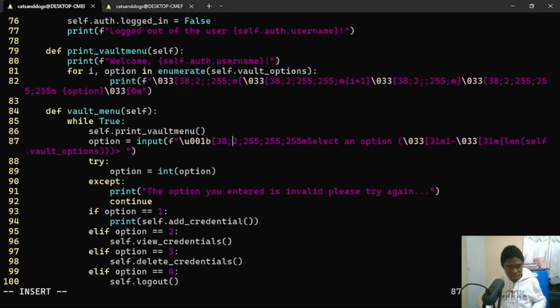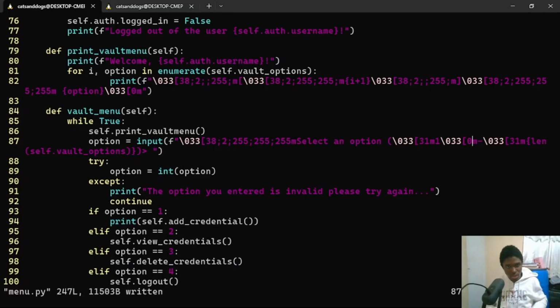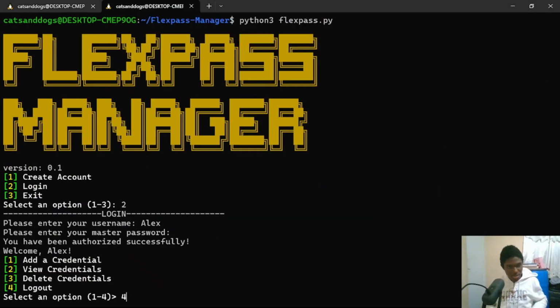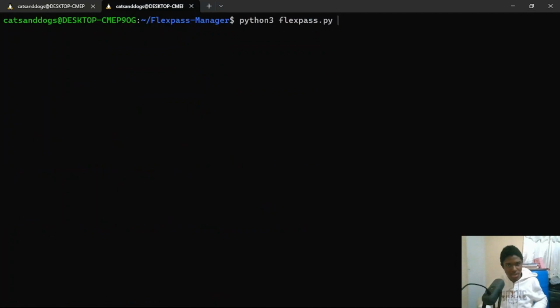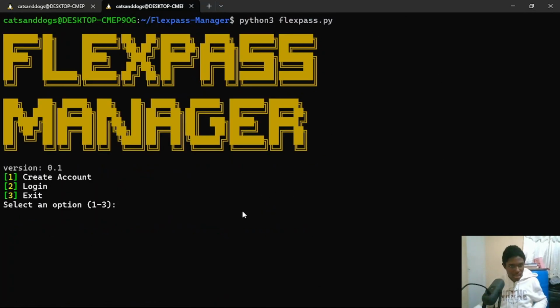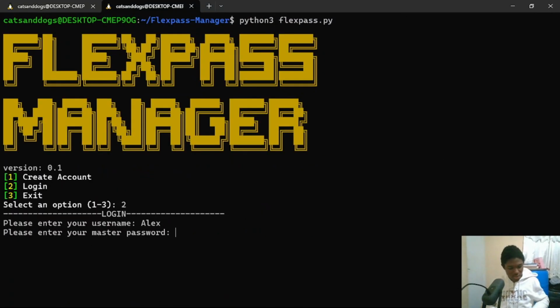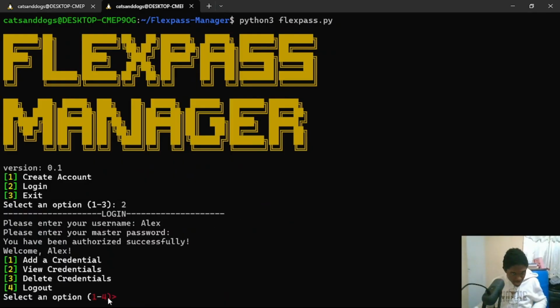Let me just get rid of this /u001b for consistency. So /033 instead. And now, guys, since there's a dash in between here, we'll need to reset that dash's color. So we can do /033 0M, and let's see what happens. We can log out, 3 to exit, and let's try to log in as the user Alex, test 1 2 3 4, and you can see it's actually coloring those numbers in